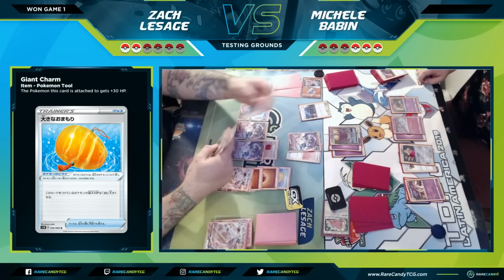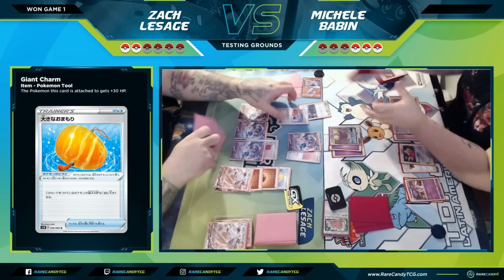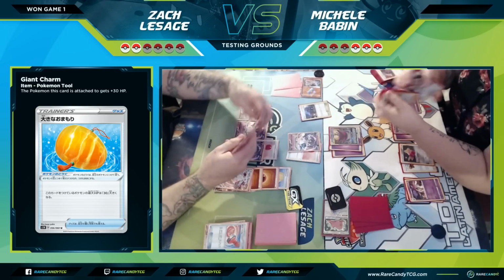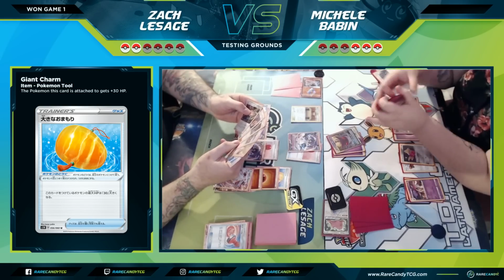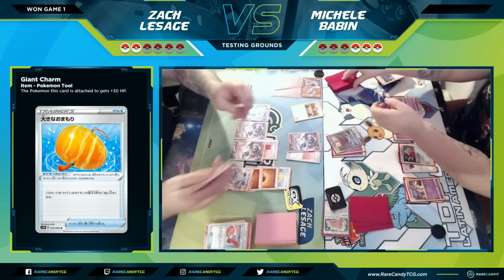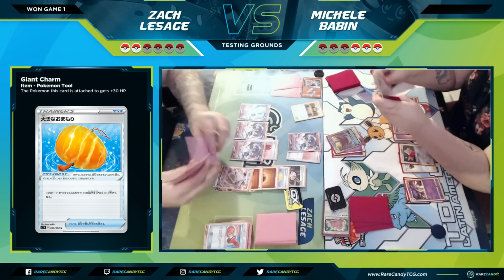There's the Giant Charm. There's a reset stamp. Her hand is, she just took 3 prize cards, so we know that it's all too big. And the VMAXs, yep, in case you're wondering, they are worth 3 prize cards. You know that Michelle was not able to take a knockout last game, but I'm sure that knockout this game